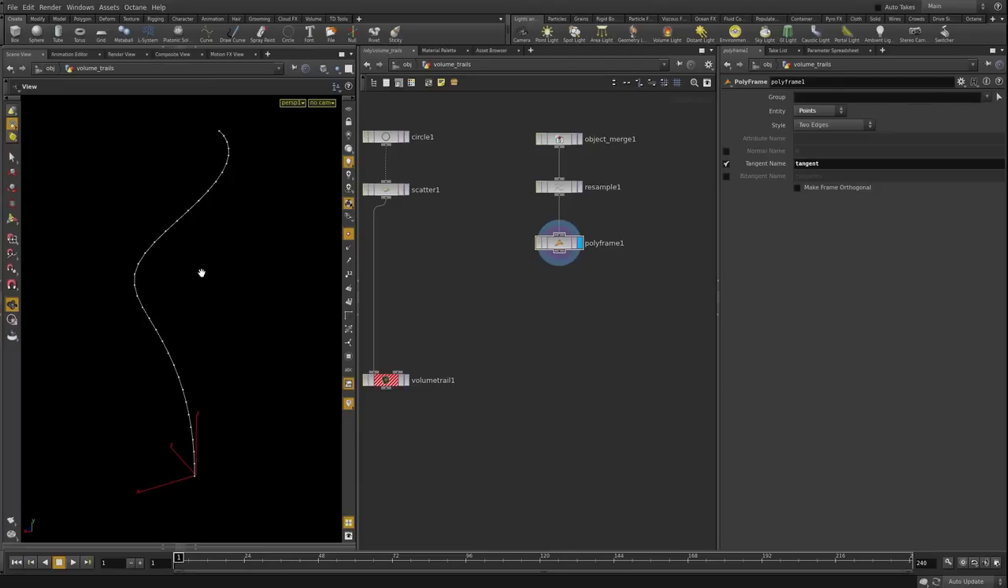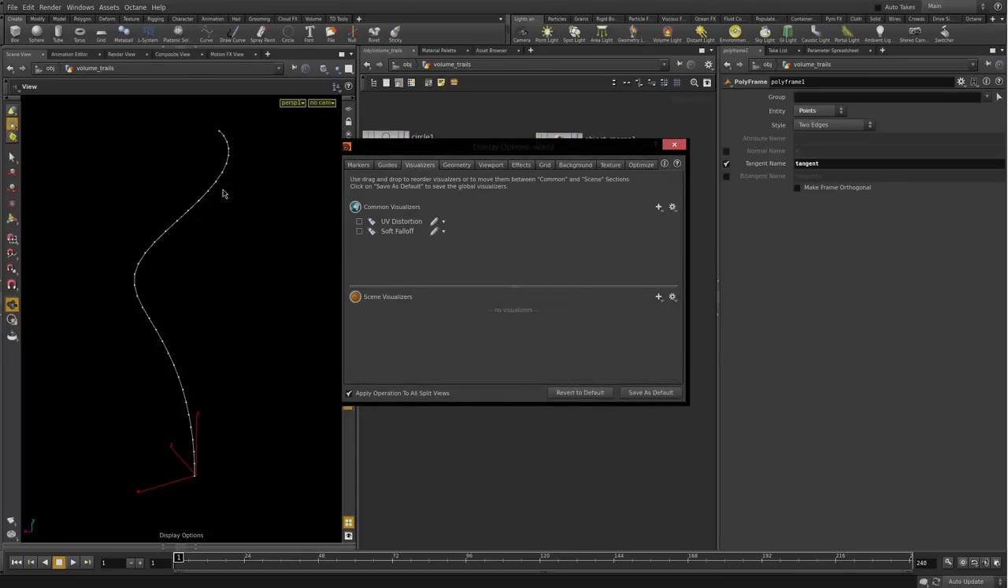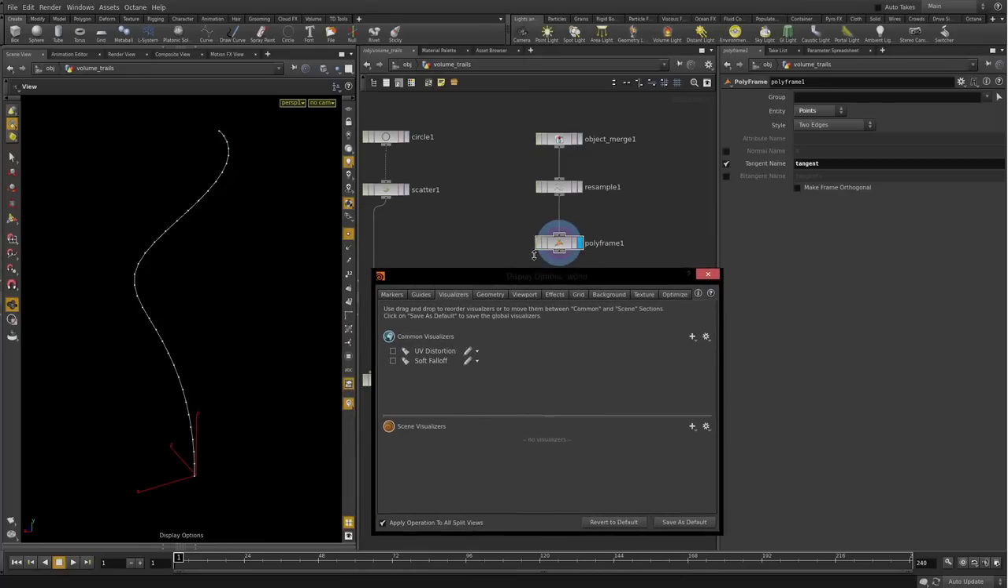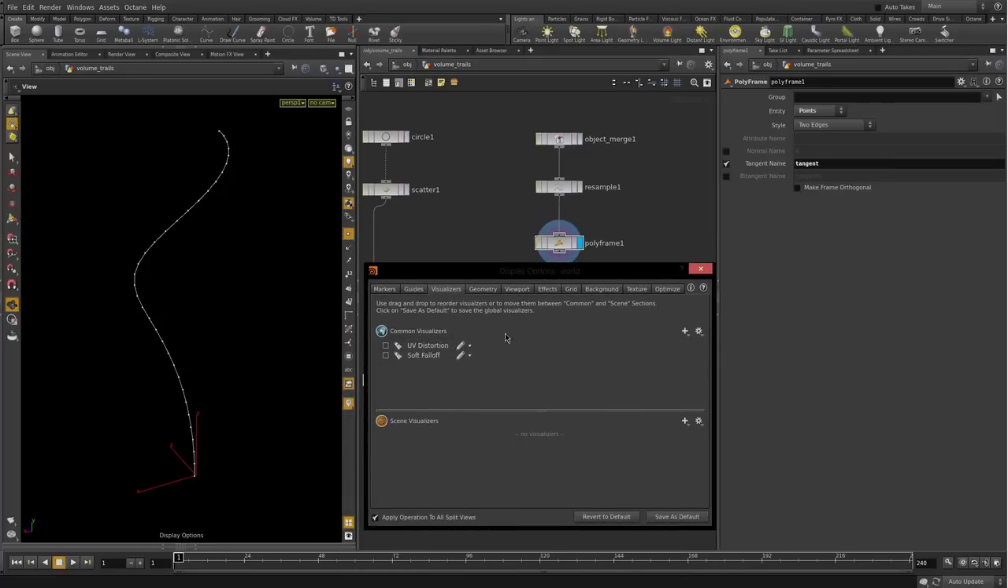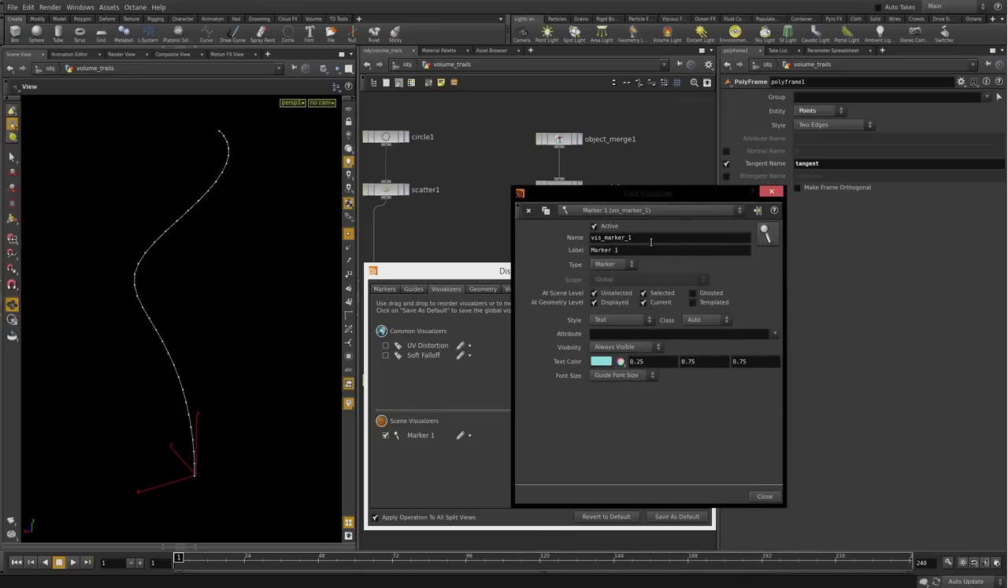To activate them, also just go with your mouse over the viewport and hit D, like display. And then there's a tab called visualizers. And in here we can visualize a lot of stuff. So basically all kind of attributes or data which is stored on a point you can visualize in the viewport. And here under scene visualizers, click the plus, click on marker, then you get this window. So we call this one tangent, label is also tangent,